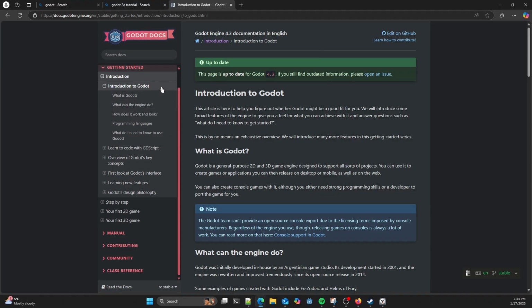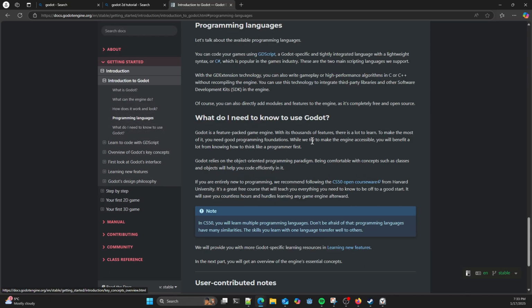So there's the introduction to Godot. It tells you what it's about, what it's good for, what you can do, and which programming languages you can use. The simplest one, if you're new to programming, is going to be GDScript. I'm not new to programming, and I'd rather do it in C++, but GDScript is probably the fastest in terms of prototyping. Or you can also, as it's in there, use C#. I'm not new to C# either, that's what I do for a living.